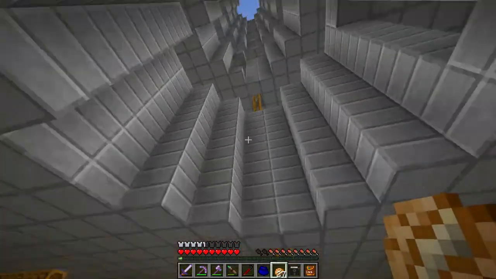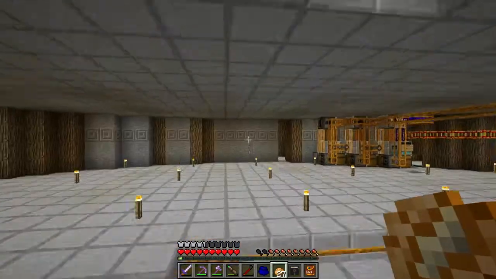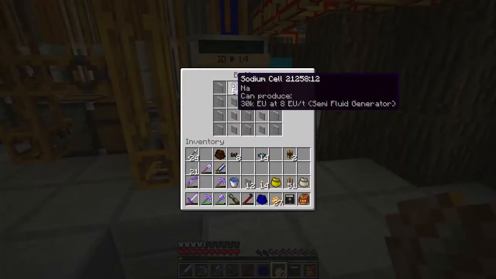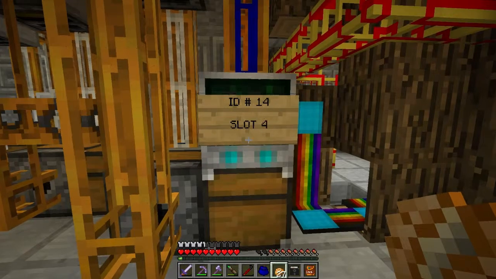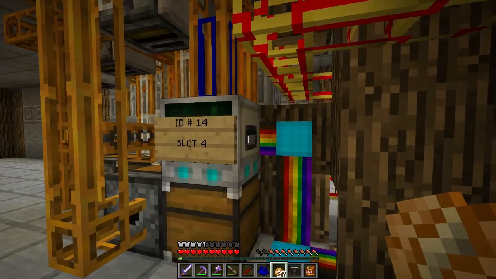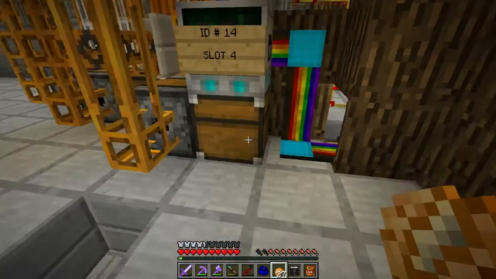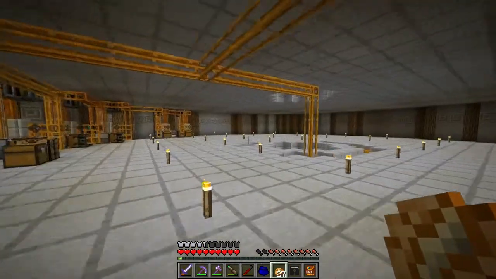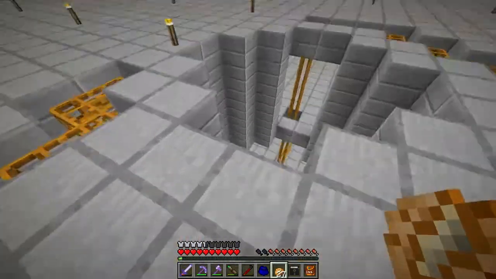Also, there is now a sortron on top of the sulfur or sodium cells here, and slot 4 because this has a different way it arranges slots. So this is slot 4. It goes top to bottom instead of across and then down like a normal chest. That's just to remind me. And this way I can make sure that I have enough sodium to actually make the sodium sulfide,